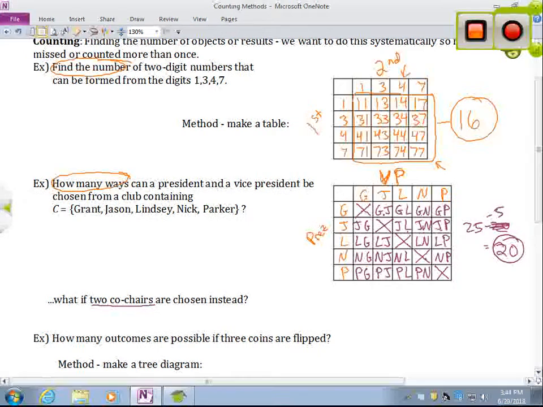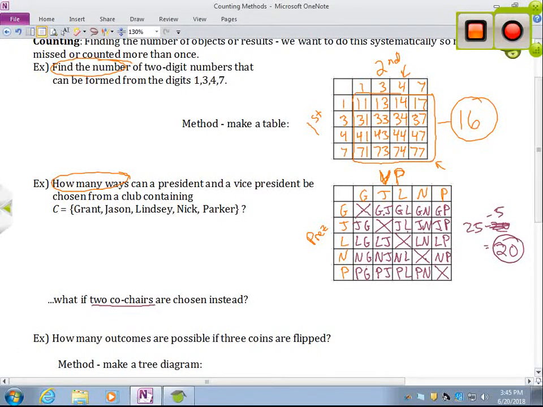But if we talk about 2 co-chairs, the implication there is that we just have 2 people in a leadership position, and it doesn't really matter which one is which, okay? Or it doesn't really matter which one we name first. We're not saying that it doesn't matter if you're the co-chair or not. We're saying that if I'm naming Lindsay and Nick as the co-chairs, it doesn't matter if I say, hey Lindsay, hey Nick, you're co-chairs, or hey Nick, hey Lindsay, you're co-chairs, because I've named the same 2 people. It doesn't matter whose name I say first, okay?